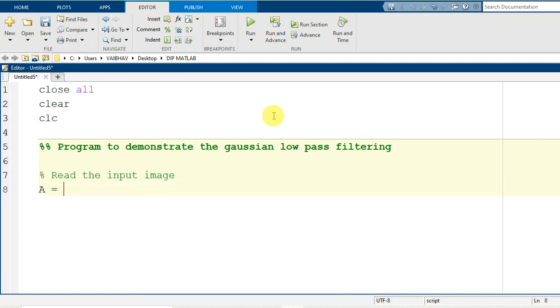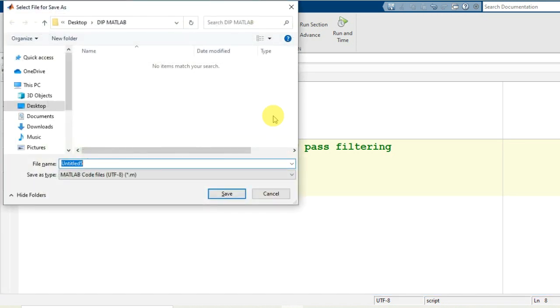I will generate a variable a with the help of the MATLAB syntax imread followed by a pair of parentheses, where inside we write the name of the image that we are going to access from the current folder along with its file type, all in a pair of single quotes. Now after reading it, let us save the script. I just name it program underscore 17, with .m as the file extension.